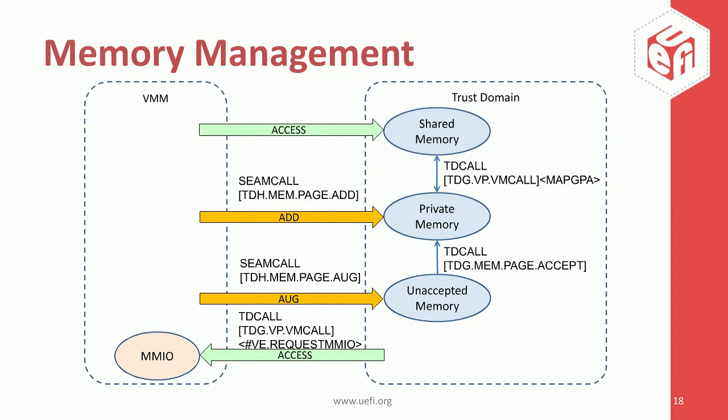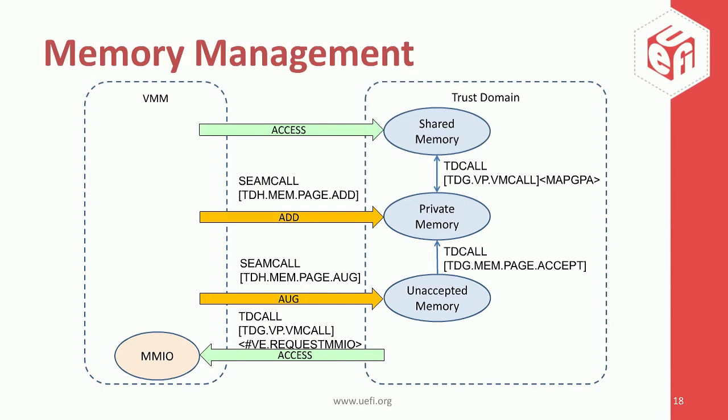So first, the default physical memory type in a TD is private memory. It means this memory is encrypted by the TD specific key. The VMM can use a SEAMCALL page add to add a memory page for the TD. Then the TD can access this private memory directly. The VMM cannot access this TD private